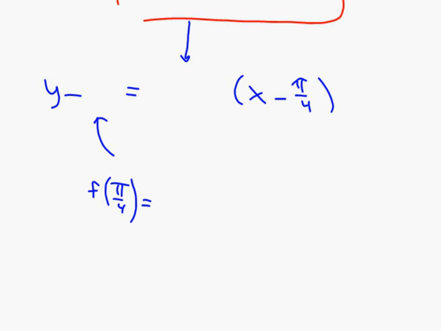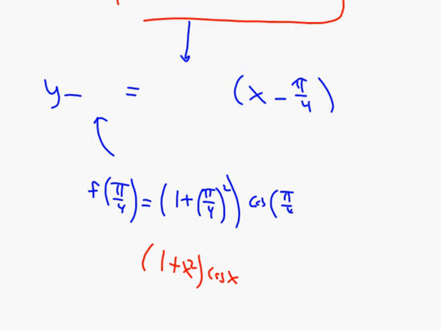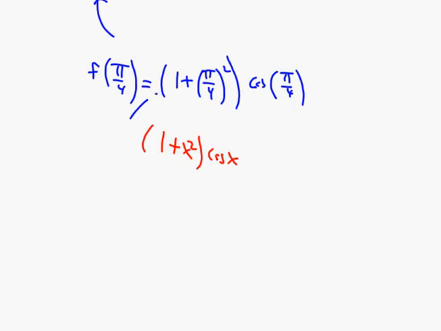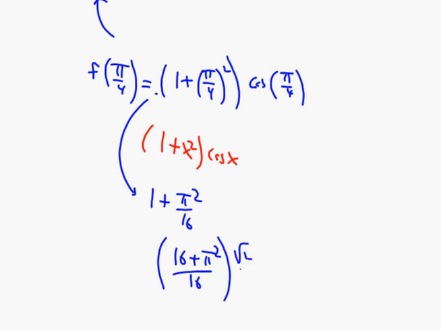Well, I got to plug pi over 4 into the original function. So in case you forgot, the original function is 1 plus x squared times the cosine of x. So in our case, it would be 1 plus pi over 4 squared times the cosine of pi over 4. All right, well, this will be a little less messy. This thing we did already. It's 1 plus pi squared over 16, which we already showed is 16 plus pi squared over 16. That's got to get multiplied by the square root of 2 over 2, because that's the cosine of pi over 4. So we end up with, if you distribute that rad 2 onto the top, you end up getting,